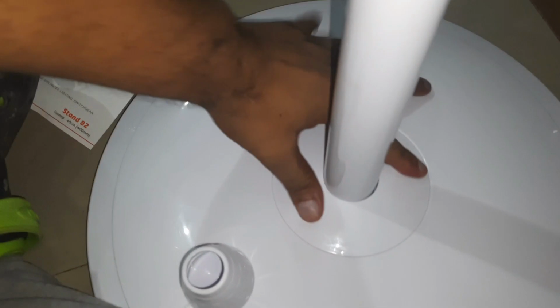Now pull the steel pipe inside the outer pipe, and from the top this is the cap which will help in covering this area. This is kind of a screw system, like when you tighten it the steel pipe gets fixed. So by pulling and pushing, and this is the head assembly which